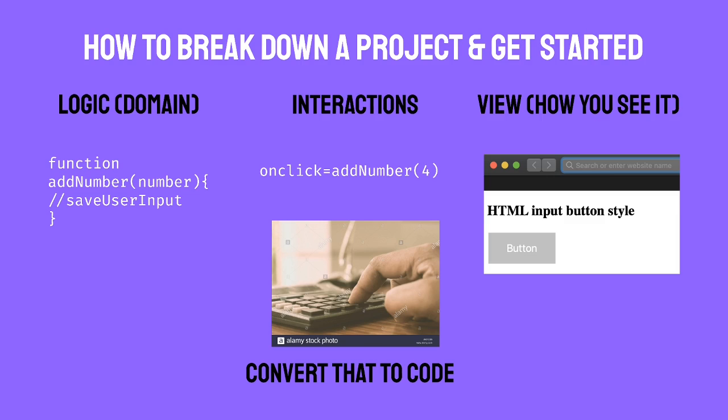What we're trying to do is just understand the flow of that function, and then we can look at each step individually. This means if you get stuck, you can work on the view layer and the interactions, and then work on the logic last, or you can remove a whole interaction section if you don't want to do any of that. You can remove the view. If you remove the view, then they can't interact with it, and then the logic doesn't matter. So if you want to remove functions, you can again think about it like that: take away the view, and then the interaction and logic are separate.